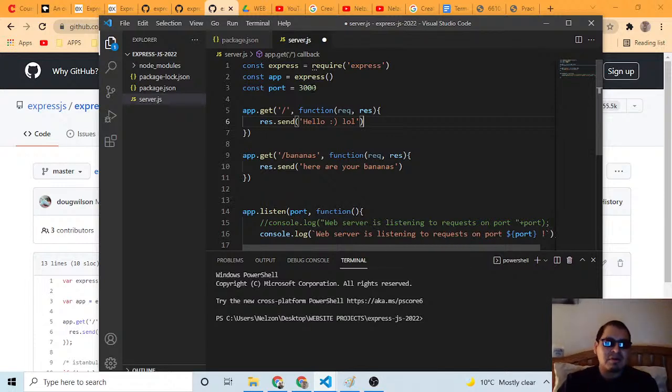It can be any number. Here is the path, or my root, or my home page. If I write something else like bananas, that would be an endpoint. Anything that comes here. This is the path where all the users are going to be writing something. I'll show you in a minute.